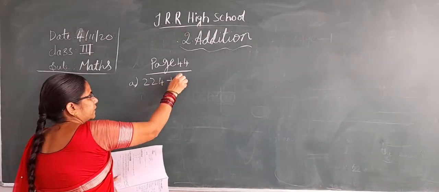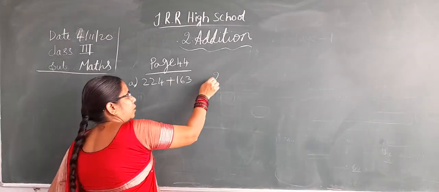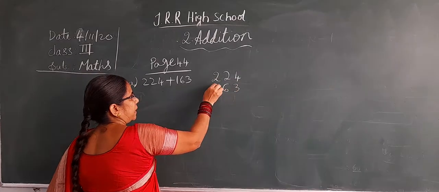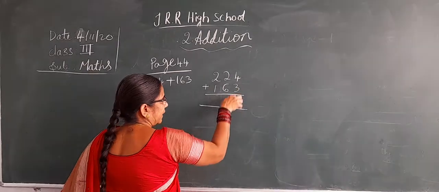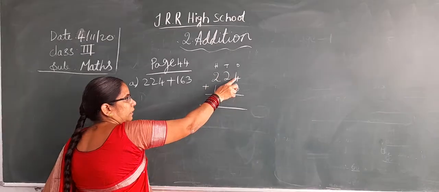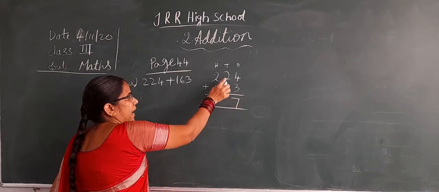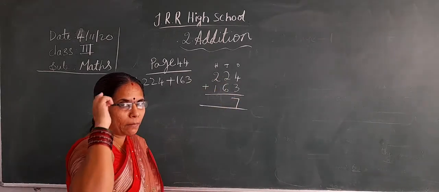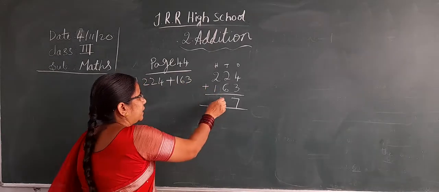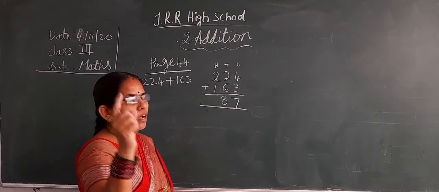224 plus 163. Here place is there. Just add it and write the answer. Already you all know how to add it. You write 224 and 163, with 3 in the ones place, 6 in the tens place and 1 in the hundreds place. Add the ones place first: 4 in the mind, 3 on the fingers, 4 after, 5, 6, 7. Write 7 here. Then add the tens place, 2 and 6: 2 in the mind, 6 on the fingers, 2 after, 3, 4, 5, 6, 7, 8. Write 8 and add the hundreds place, 2 and 1: 2 in the mind, 1 on the finger, 2 after, 3.